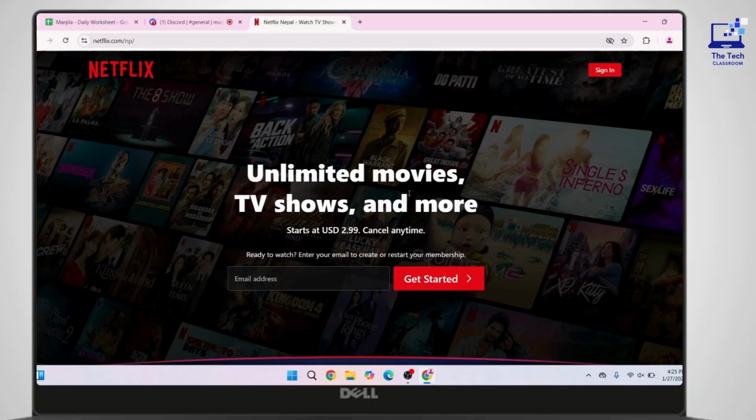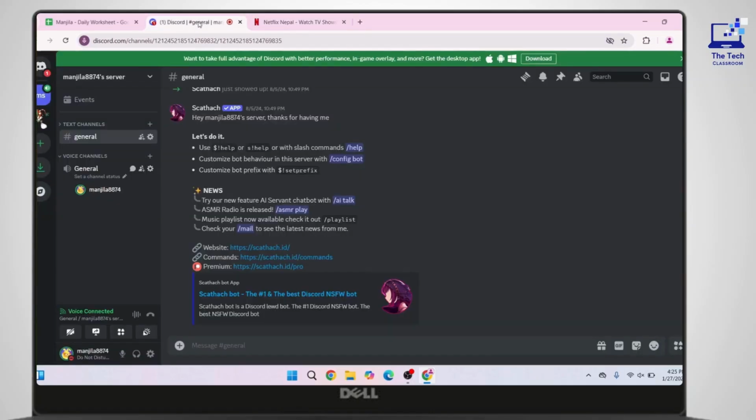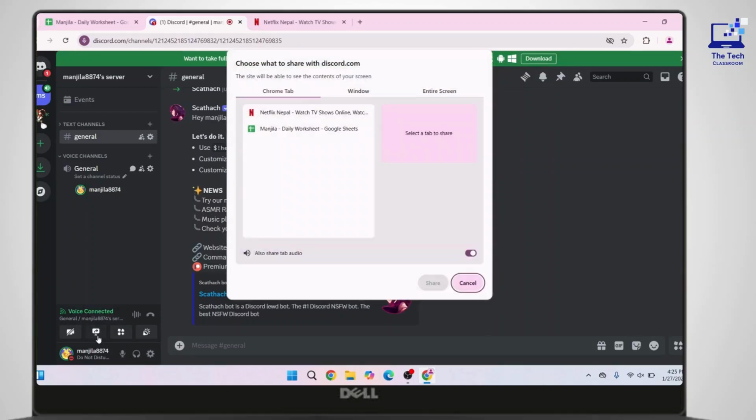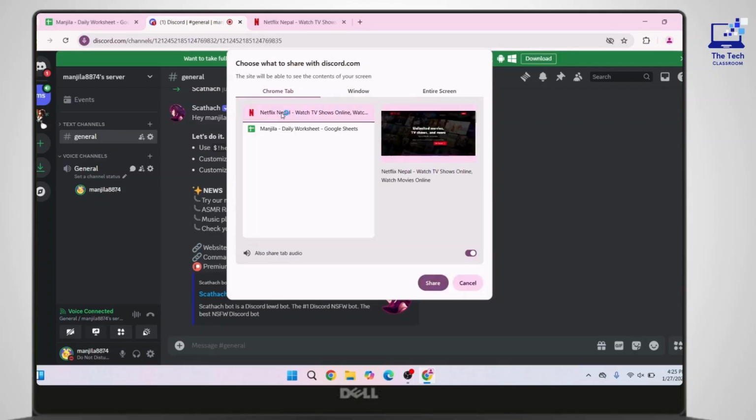Once you have opened up Netflix, now head back to Discord and make sure that you're logged into your Discord as well. So open up your server, and on the server you'll have an option to share your screen. If you navigate at the left hand side at the bottom of your interface, there click on share your screen. So from here you can select the Netflix right here,